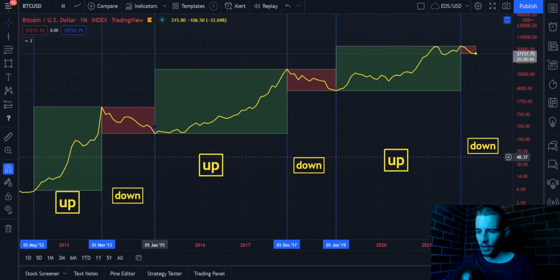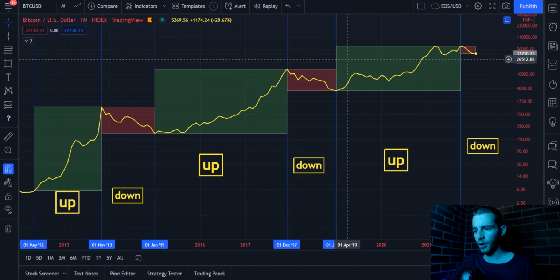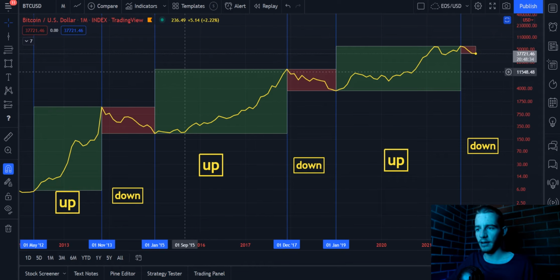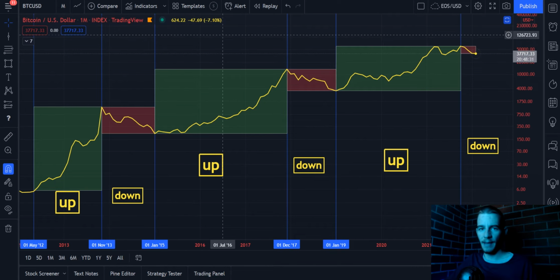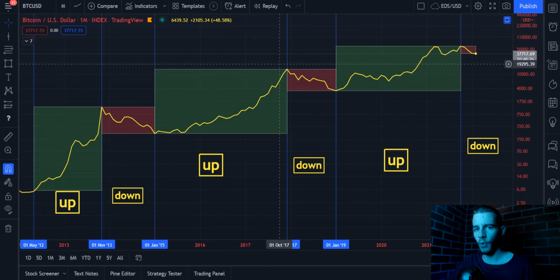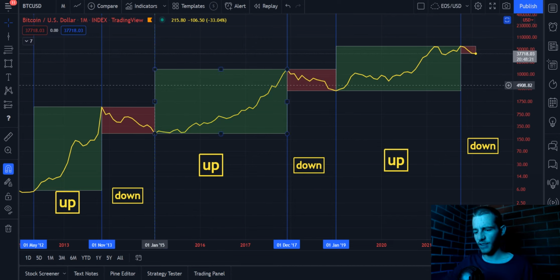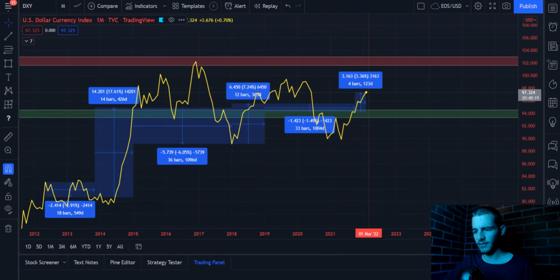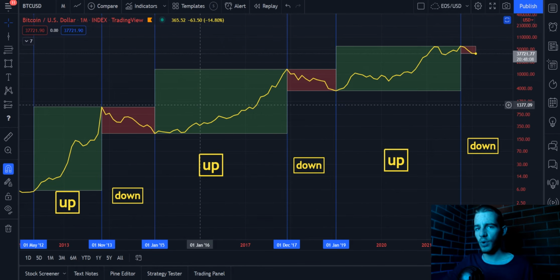So we can see from January 2015 to December 2017, Bitcoin went up from 200 USD to 20,000 USD, really making its mark on the financial markets and becoming basically common knowledge at that point, right? In late 2017, a lot of people, probably the majority of people in Western countries at least, knew about Bitcoin, knew about cryptocurrency, okay? So let's look at that again. January 2015 to December 2017, okay? What happened in that period of time? Right, it was a long period of time. We ultimately went down 6% on the DXY, so we entered a downwards trend. So again, we went upwards on Bitcoin, downwards on the DXY.